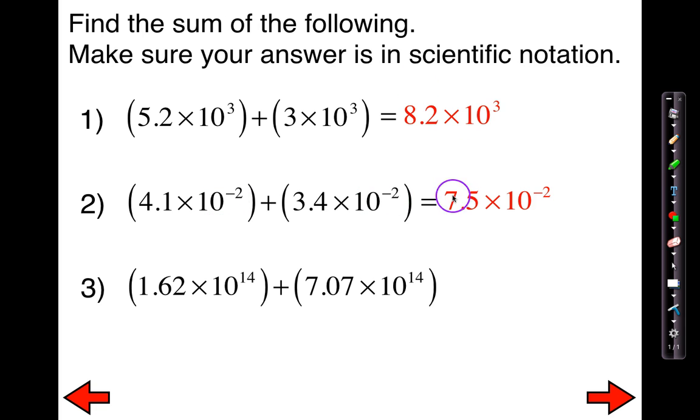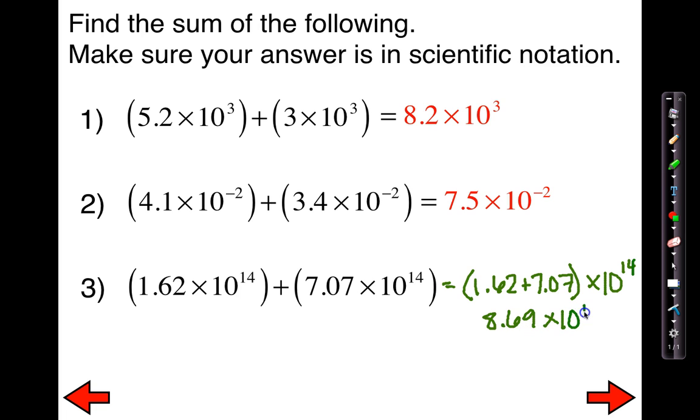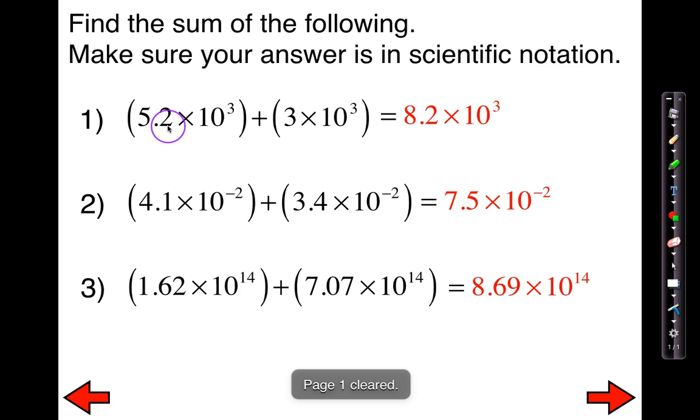Okay, let's check the last one here. We have 10 to the 14, 10 to the 14. Since they are the same base, same exponent, I can go ahead and just add the coefficients together. So I'm going to add 1.62 plus 7.07, and multiply that by 10 to the 14th. So all I have to do here is add the two numbers together, which is going to leave me with 8.69 times 10 to the 14th. My coefficient is within the correct range of between 1 and 10, so that is my final answer, 8.69 times